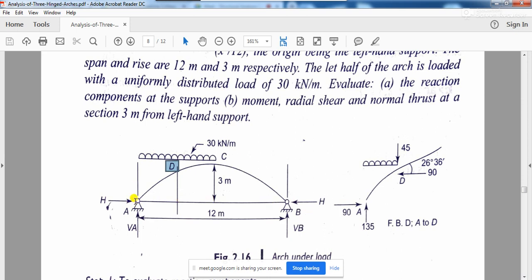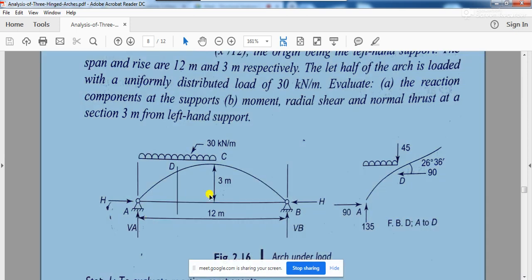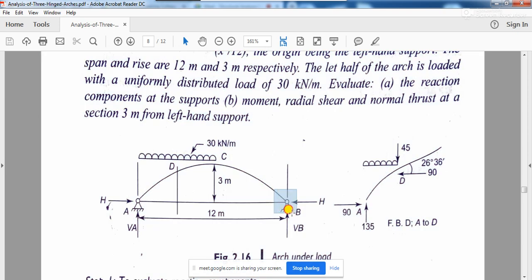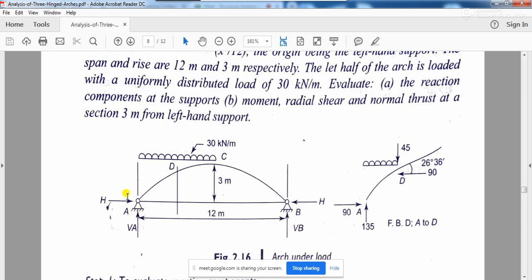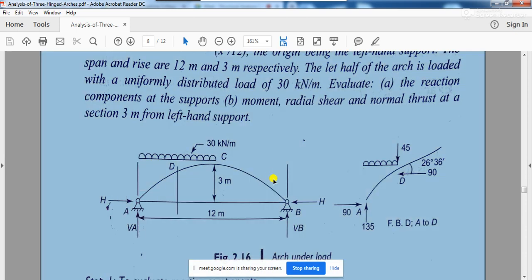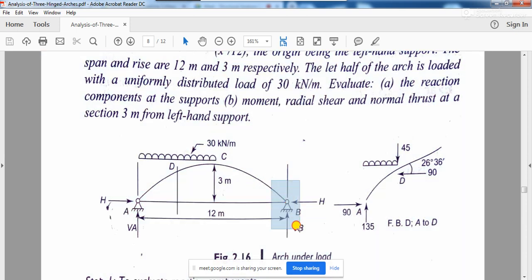So basically this support A is a hinge support and support B is also a hinge support. At the support A there are two reaction components, one is vertical reaction VA, another one is horizontal reaction H, and exactly the same way at the support B, there is a vertical reaction which is VB and a horizontal reaction H. Basically this can be HA and HB, but if you observe in this case,